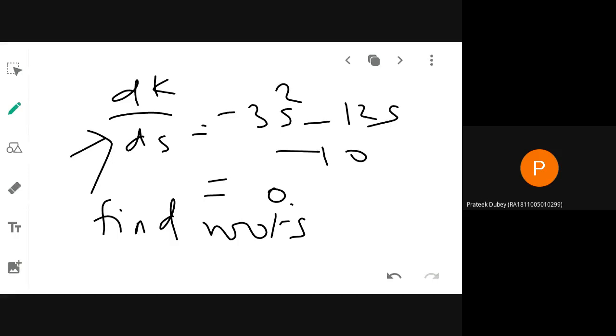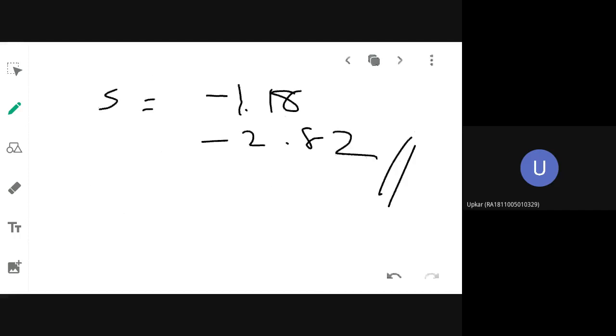What are the 2 roots that you are having if you are solving this quadratic equation? Somebody tell me. Minus 6 plus minus root 6 divided by 3. Okay, let me check. These are the roots that you should get. By calculator also you can solve, I think, finding out roots. Use that way, that is easy. It will save you some time in drawing the entire plot. You should get these 2 roots only. S is equal to minus 1.18 and minus 2.82 you should get.